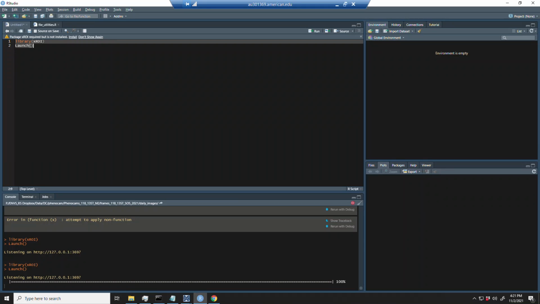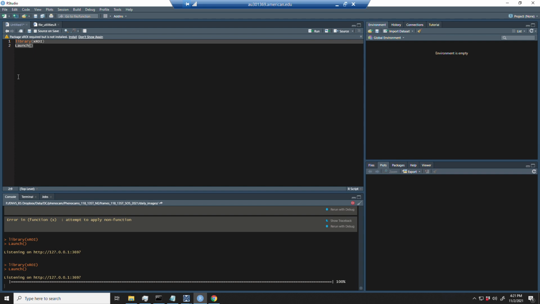This will be part 2 of the Phenocam processing. That'll start with the ROI, XROI tool, and that will be probably the most important and involved step, and then we'll go on from there. So this is again following the instructions